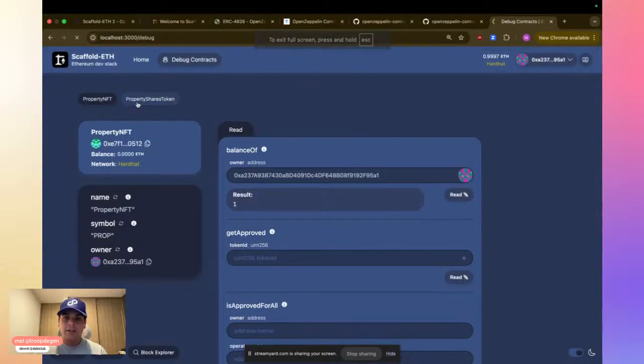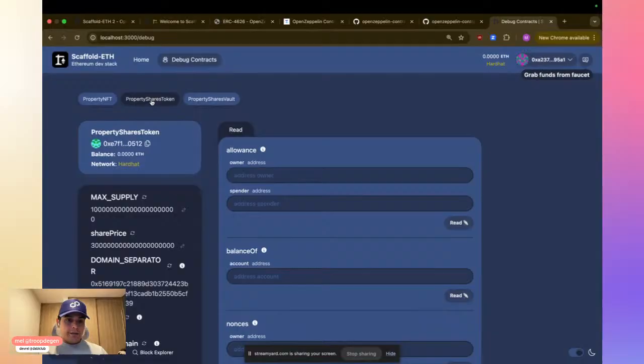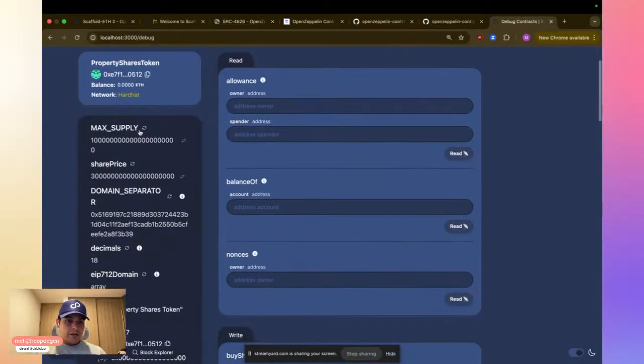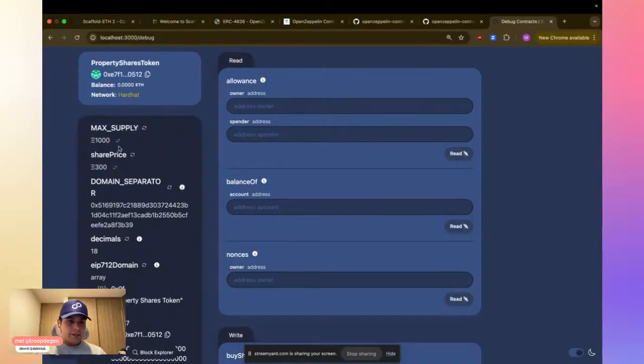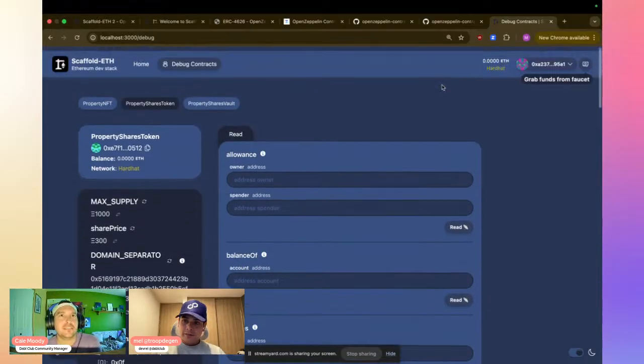Should be able to restart this. Okay, now we see our shares vault, and we have some shares token here as well, 300 each. That's a little more expensive than I expected. Okay, yeah, because it's 300,000. Yeah, simplify the decimals. It looks good.